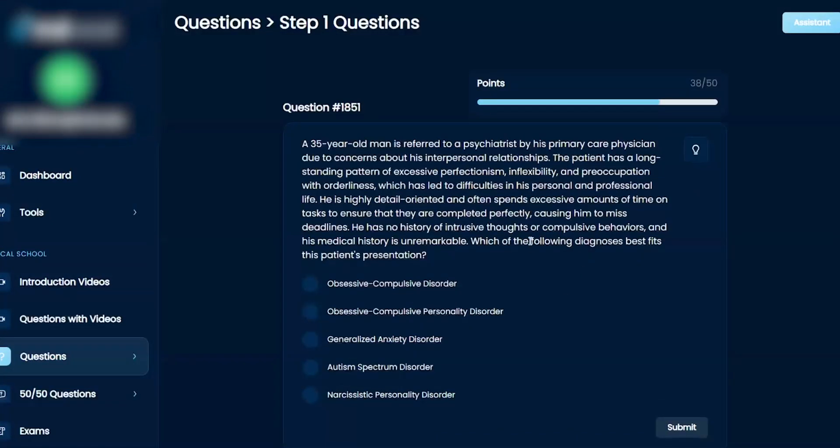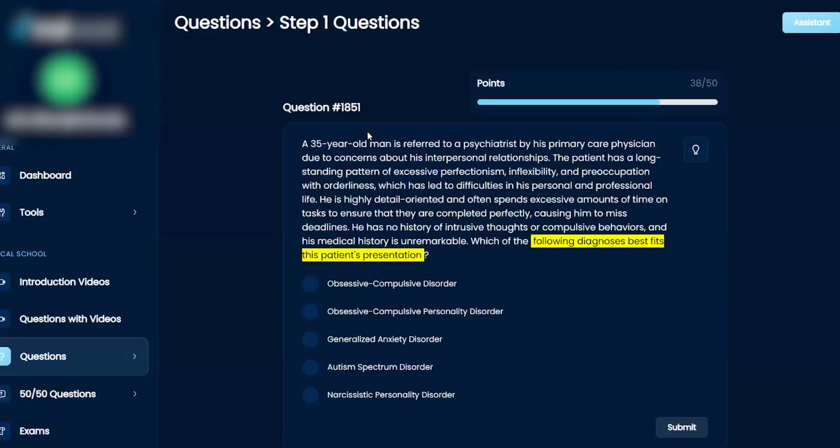Which of the following diagnoses best fits this patient's presentation? We have obsessive compulsive disorder, obsessive compulsive personality disorder, generalized anxiety disorder, autism spectrum disorder, and narcissistic personality disorder. We've got a 35-year-old man who's referred to a psychiatrist by his primary care physician due to concerns about his